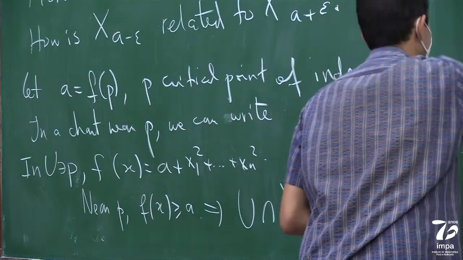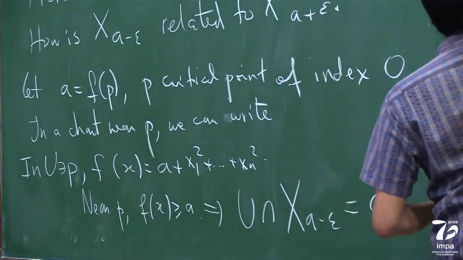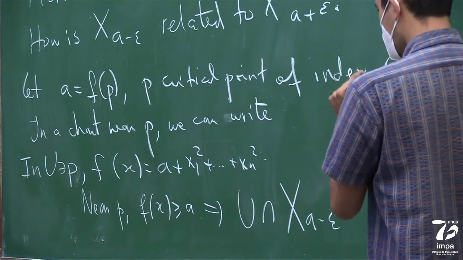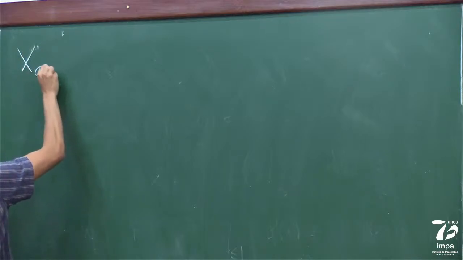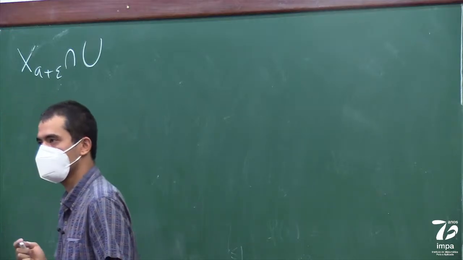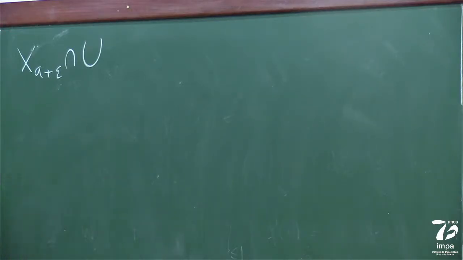And on the other hand, what is x^(a+epsilon) intersected with U? Well, if I'm inside this neighborhood U, then if f is less than or equal to a plus epsilon,